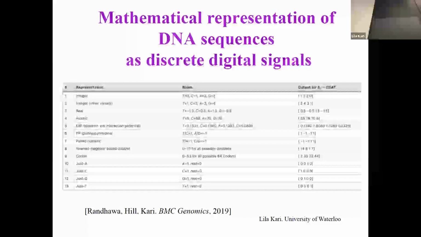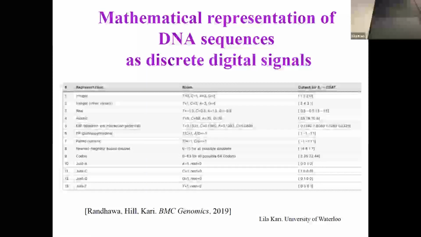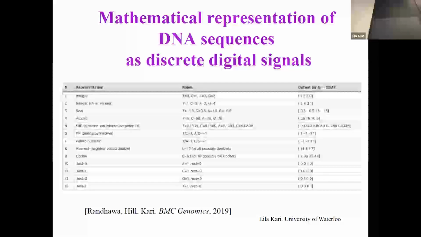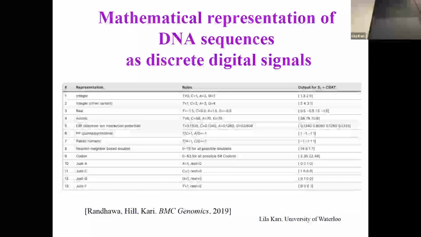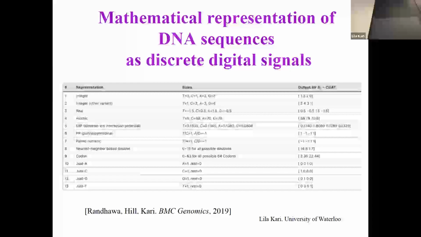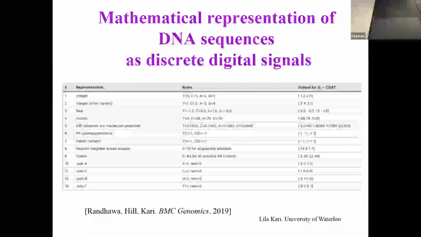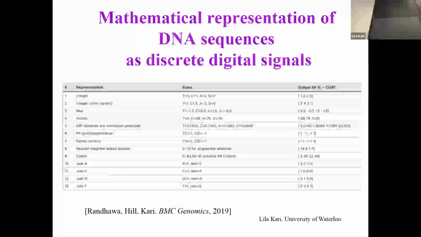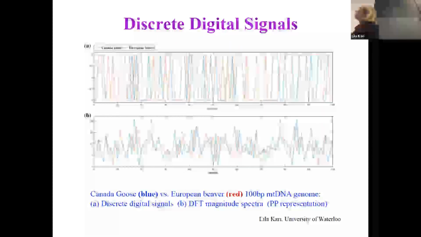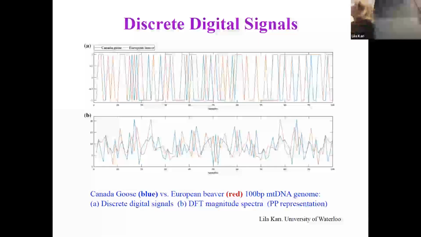So there are like 13 different representations. Some of them are very odd, but very interesting. One representation, just A, gives the letter A 1 and all the other letters 0. So it only kept the positions of the A's somehow. So we tried all of them, okay? And as an example, this is the